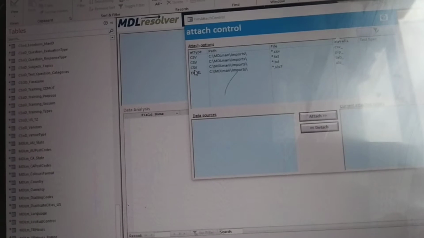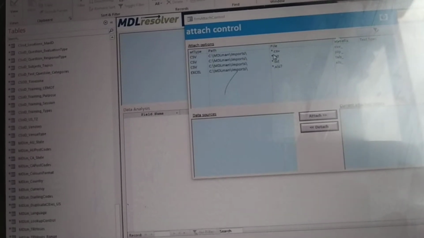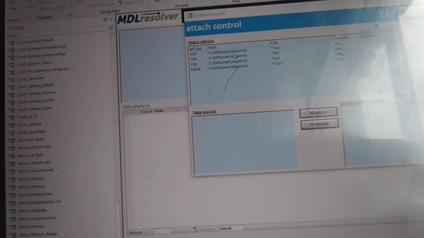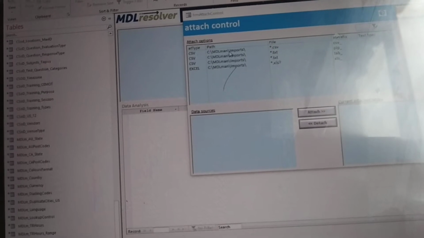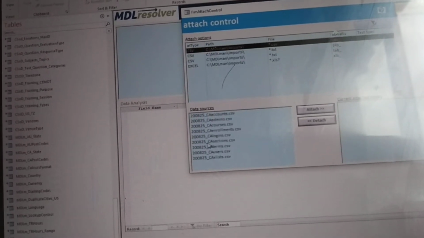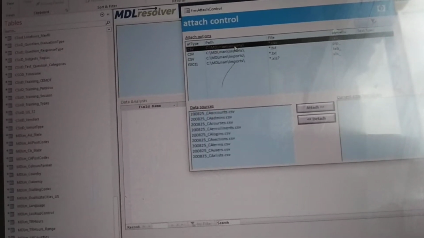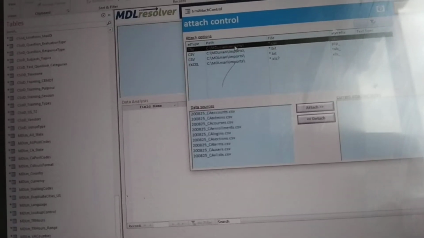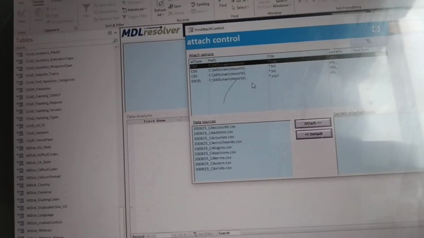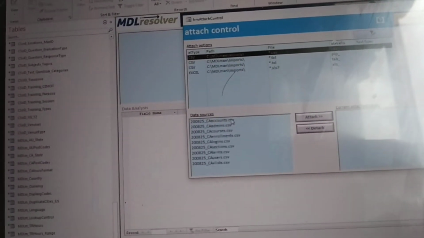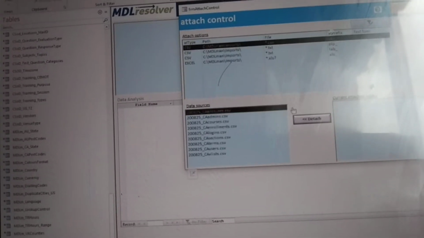So if I now click on this one, see I've got CSV text, as examples. If I now click on that one, it will show me any CSVs that are under that folder. Conversely, if I clicked on the SQL and opened it, it'd show me all the tables. So at this point, if I just click on one to show you how it works and attach it,